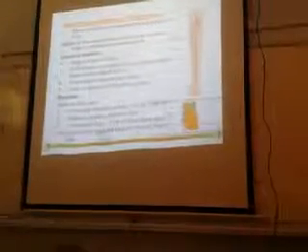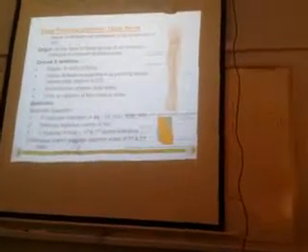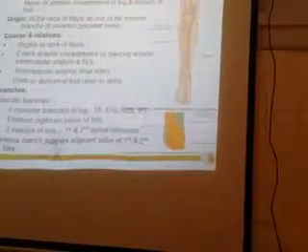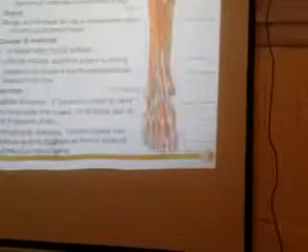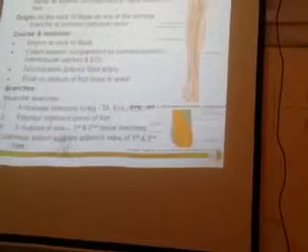Coming to the deep peroneal nerve, as you know, this is the nerve of the anterior compartment of the leg. Origin again from the neck of the fibula, and it is a branch of the common peroneal nerve. Its course: it begins at the fibula, then it comes through the intermuscular septum and the extensor digitorum longus, and it accompanies the anterior tibial artery all the way and goes up to the foot.